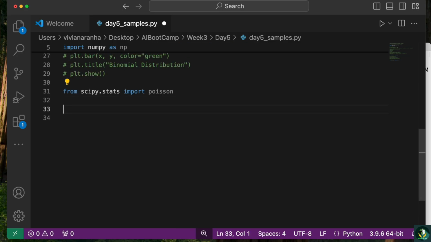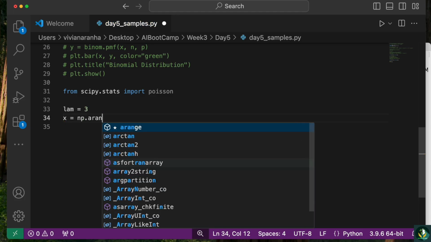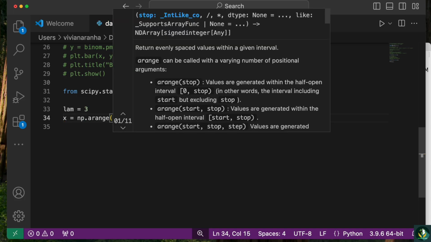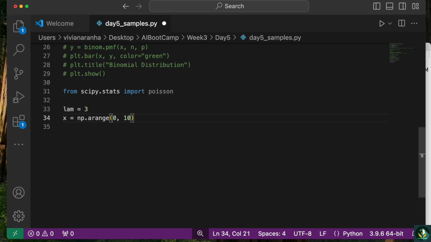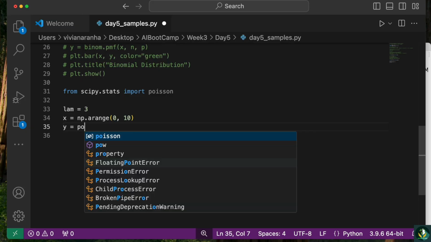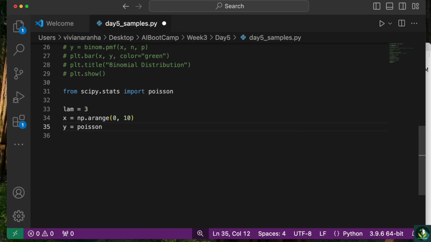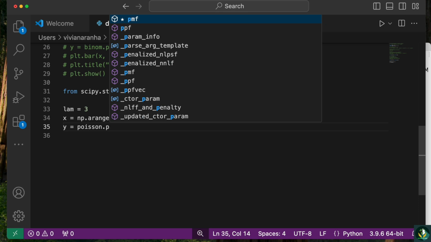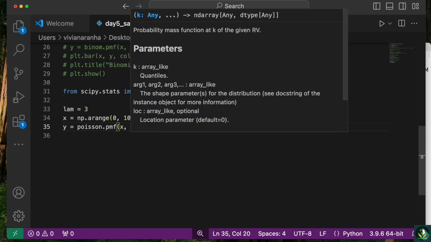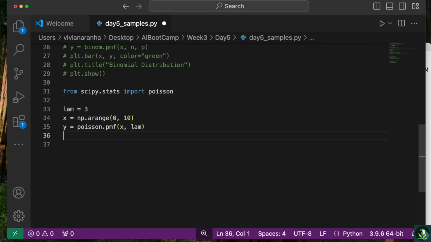That's the module that we want. I'm going to say lam equal to 3. I will say x equal to np.arange, and I'll give values from 0 to 10. Next I'm going to say y equal to poisson.pmf, and pass it x and the value of lam,